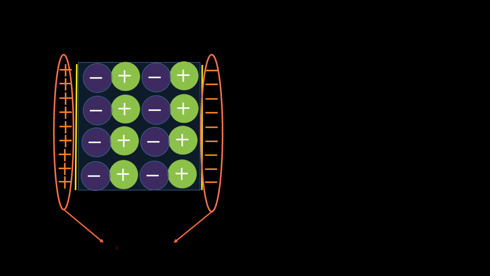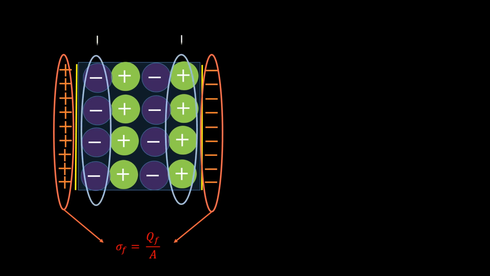Because of this displacement, we have two electric fields produced. The free charge density sigma f, which is given as qf by a, is producing one electric field which is from left to right. We may denote it as Ef, and the electric field due to charges on the plate is sigma f by epsilon 0. But at the same time we have one more charge which is on the surface of the dielectric slab, and this is called bound charge. We may denote it by qb, and the surface charge density due to this bound charge is given as qb by a. So this is what we already know.